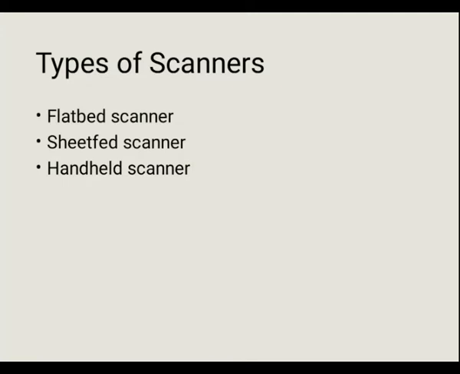It allows the user to place a full piece of paper, book, magazine or any other object onto the glass surface of the scanner. It then scans that object and converts it into digital form. Next is the sheetbed scanner. A sheetbed scanner, also known as a roller fed scanner, works like a fax machine. The image is passed over a roller where it is captured. These scanners are very versatile in scanning loose sheets of paper.